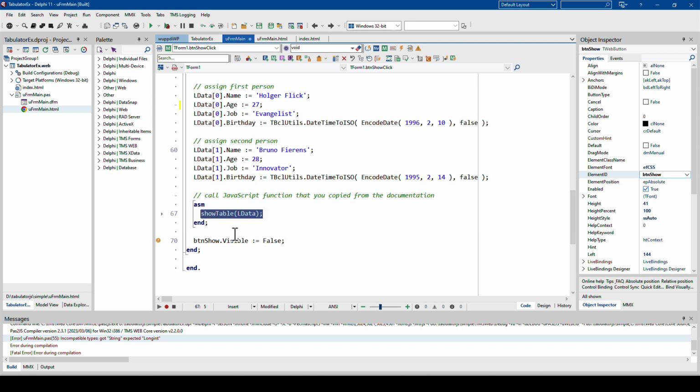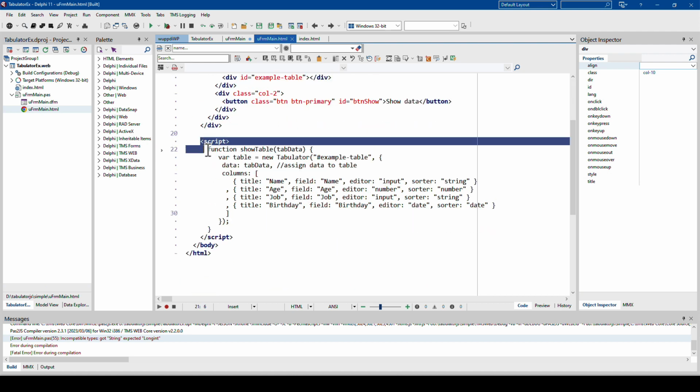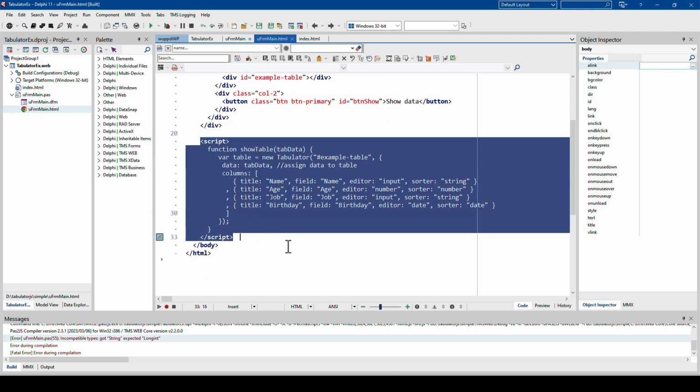So in this case, this line of code is JavaScript. And showTable LData calls the function showTable with the parameter LData. But where is that function? It is part of the template right here. And it's included in the script tags of your HTML.